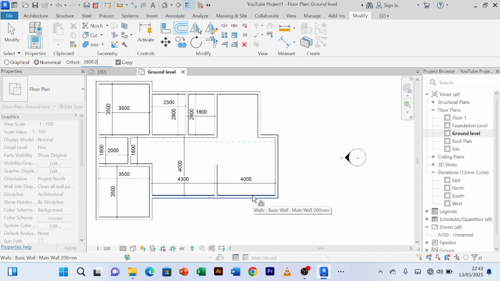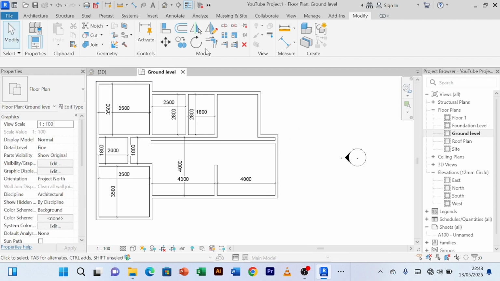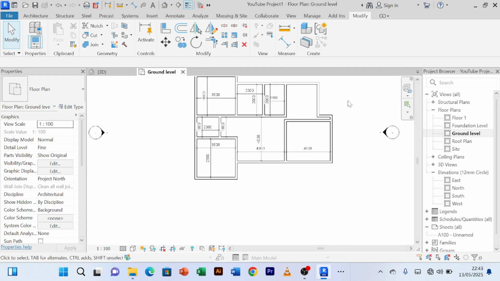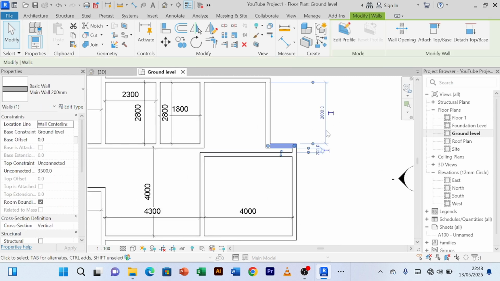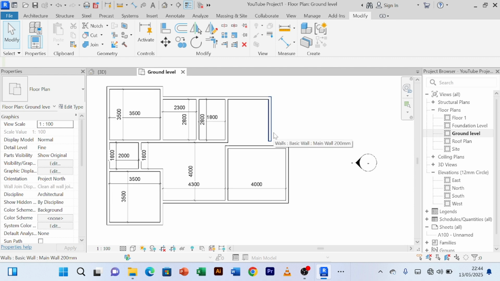So let's try that. Let's trim, let's extend this to that, and then of course let's delete that part. I don't think we need it. And then